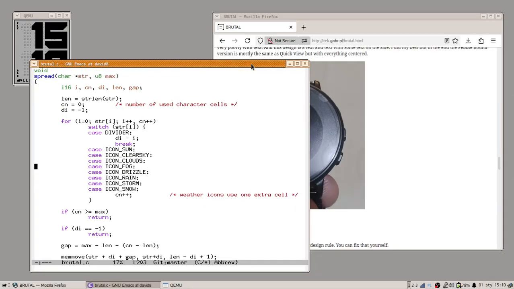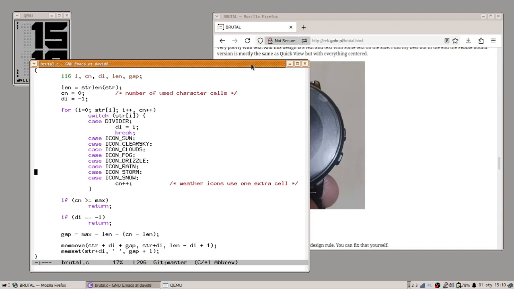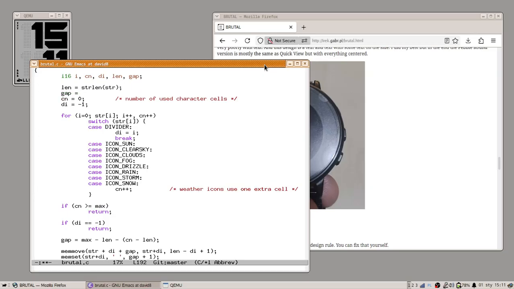Before I start, I would like to do a small refactor here because I had this spread function open. I've looked at it a few times, and I think I want to make a few changes. For example, gap is max minus len right away from here, and then we don't have to calculate Cn at all. We just decrement the gap,